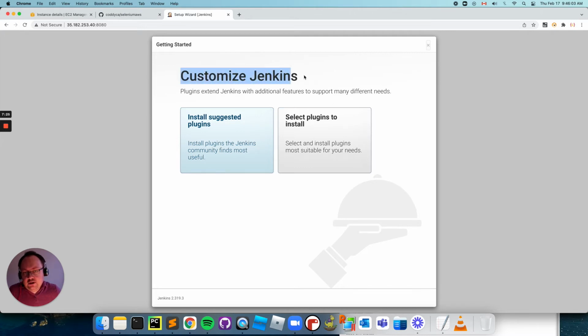Okay, customize Jenkins. So we have two options. Plugins extend Jenkins with additional features to support many different needs. So if you want to simplify the process, I recommend you install suggested plugins, and Jenkins will install plugins for you. It will be a big amount of plugins and options. But I think I can show you